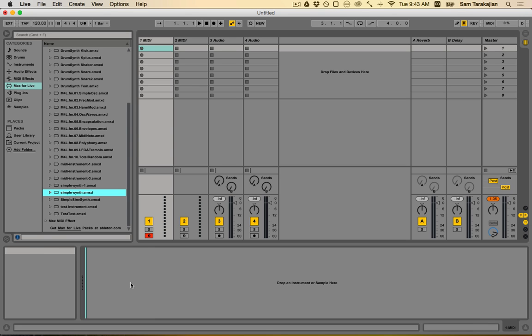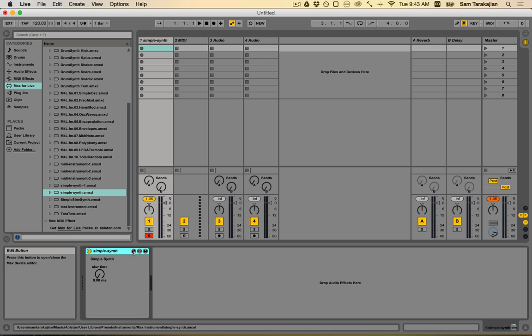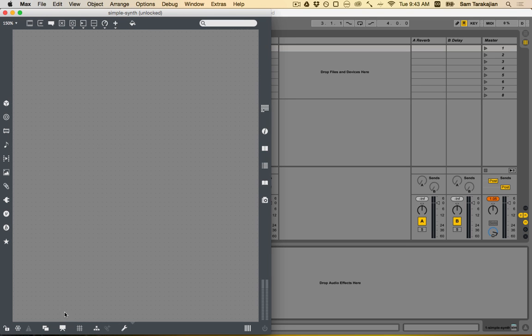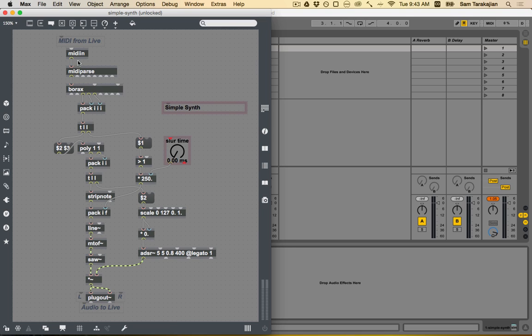Last week we made this simple synth AMXD. It looked like this. Well, it was a bit more complicated than that. The basic parts here, MIDI in, MIDI parse, this gives us MIDI notes. It went down to this thing that did some voice allocation for us. Over here, ADSR generated an envelope. We've multiplied that envelope, or applied the envelope, to this oscillator and sent that out to Live so we could